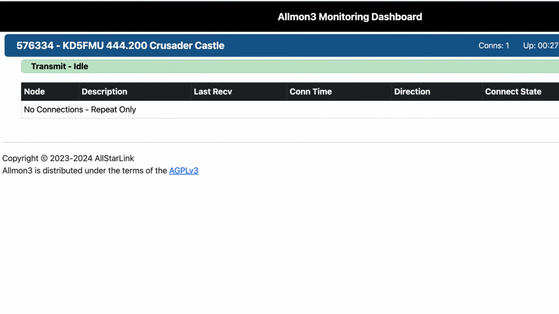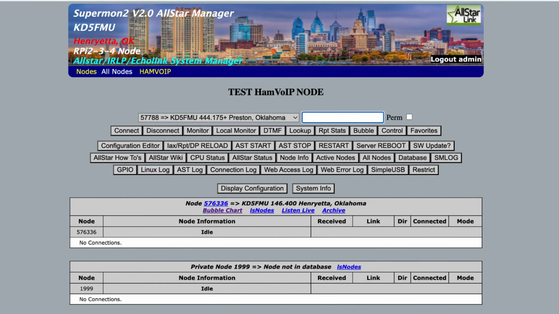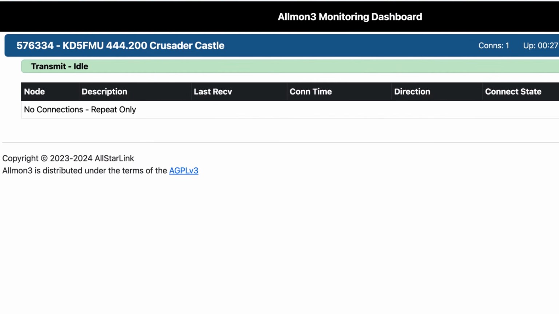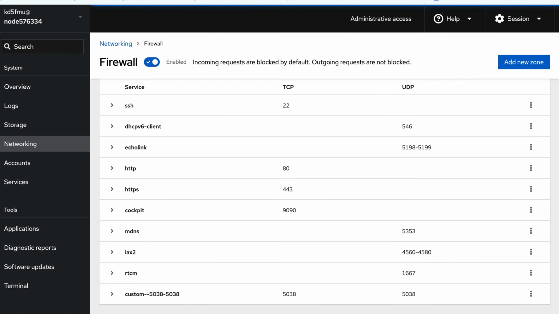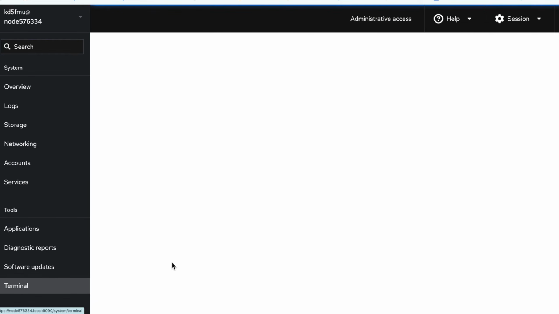How do we get this node 576336 to show up on 576334? Well, we have two ways, and I'm going to show you both. First one is AllMon 3. Unfortunately, we can't do that from the interface itself here that I am aware of yet, but we can go to our node, go to terminal,